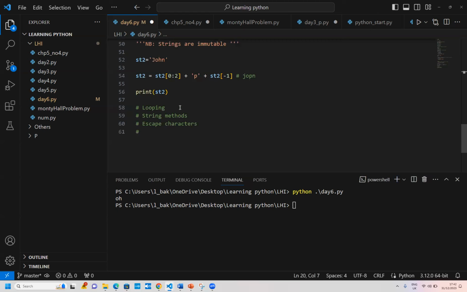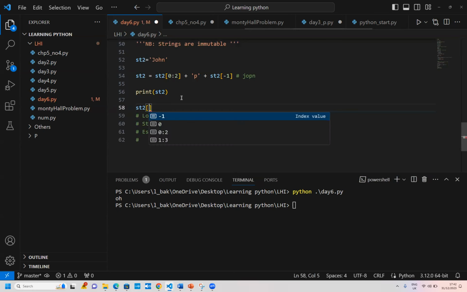If you try it, it won't work, because normally if it was mutable, you could say something like this: st2, this thing we wanted to change, h is sitting on position 2. You could have done